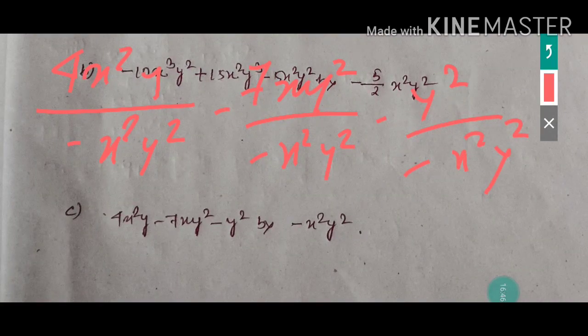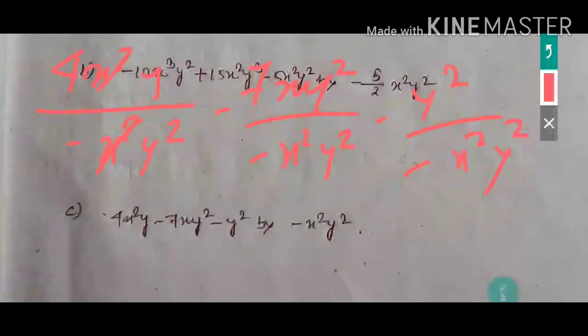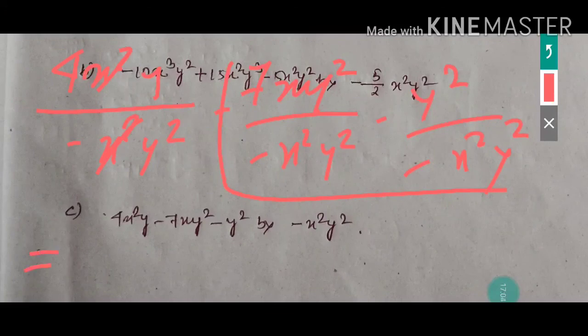Okay, now check this: x square will get cancelled. Here y square is there, so it will be how much? Forget about all the other terms, just check this one: 4, here y power 1, here y power 2. So if I do the subtraction, y power 1 minus 2, what you are getting is y power minus 1. See, in this case we are getting the variable's power as a negative whole number, instead of a positive whole number. That means this is not a polynomial.